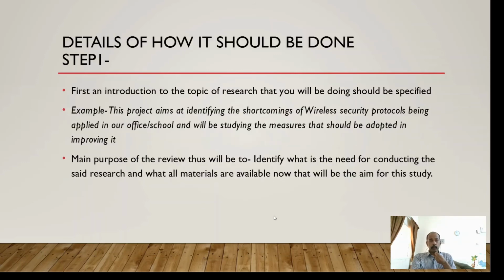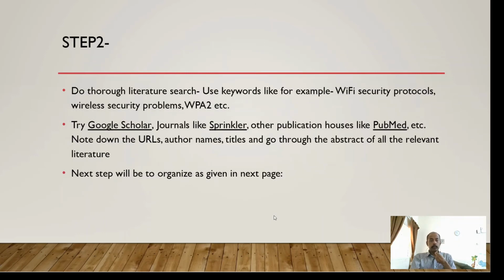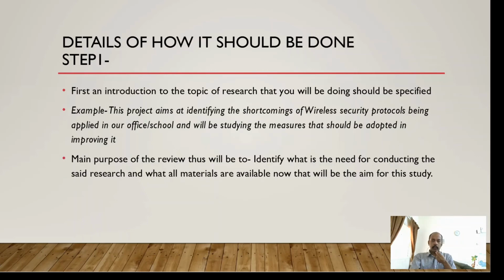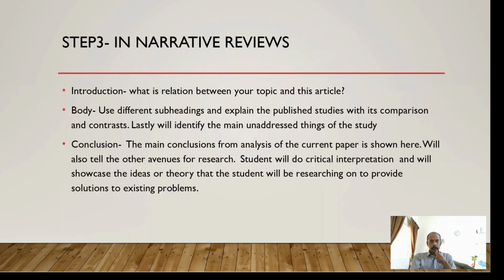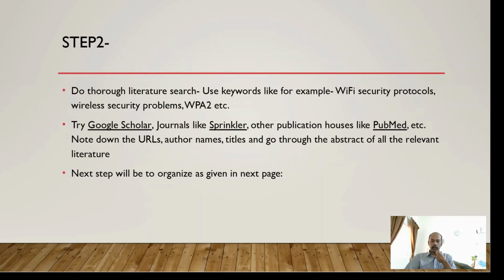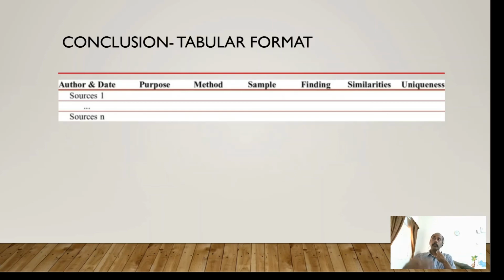So I'll just recap it one more time. Step 1 is where you introduce your topic. Step 2 is where you do the literature survey, which will take more time, of course, and you take one paper, which goes to step 3. Okay, and then you introduce the paper, what is the relationship, you make a small body, you make a small paragraph in which you will compare, contrast everything. You will slightly describe it, and you'll conclude that, okay, this paper doesn't have this thing, and because of that, the project that we are going to do is relevant now. So like that you can do, and you do it for more papers.